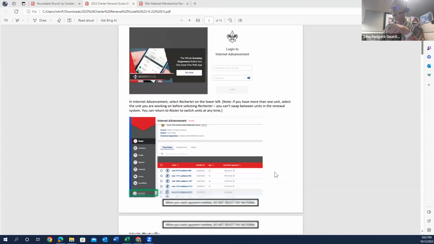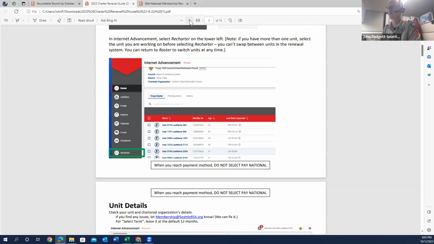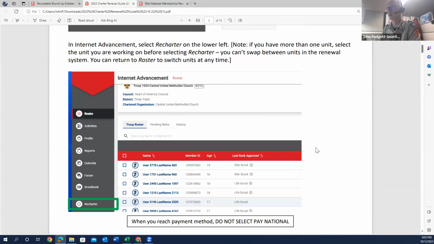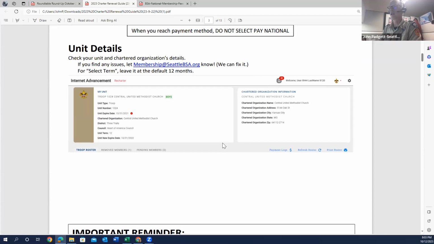And then if you're in multiple units, you're going to have to select which unit you are in, and then you're going to smash the recharter button here. And I'm going to do everyone a favor and make these slides bigger here. There we go. So smash recharter there, and then